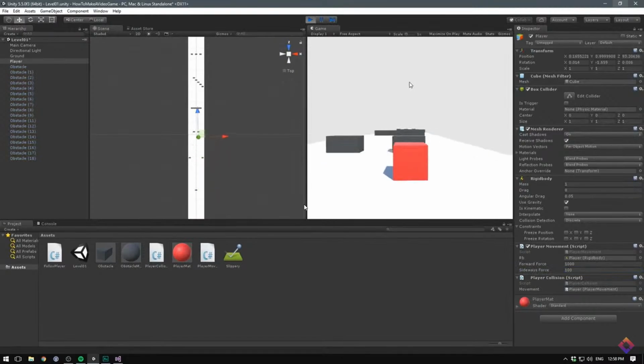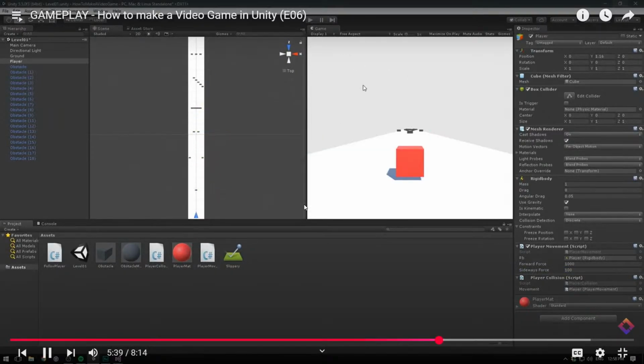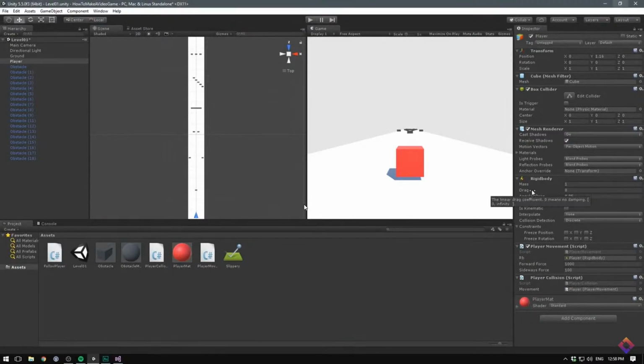It already feels much more responsive, but I think it could be better. One thing we can do to make the movement feel more snappy is up the drag. Drag is basically air resistance. So the higher the drag, the more quickly our object is going to be stopped by air. That also means that we need to amp up our forces in order to move at the same speed, but it should make everything feel more responsive because the object is quicker to slow down. So let's up the drag to something like 1. Let's leave the same sideway force. Let's actually put our forward force up quite a bit. Let's try it out at 4000. If we now hit play, everything feels so much better. I think this